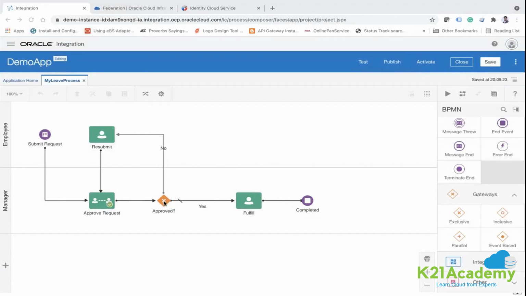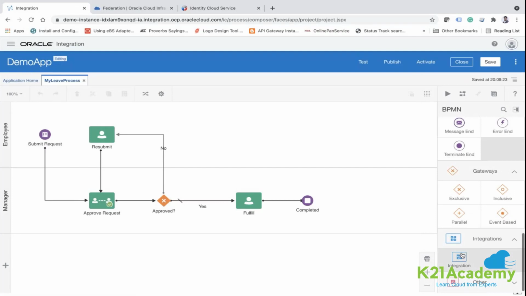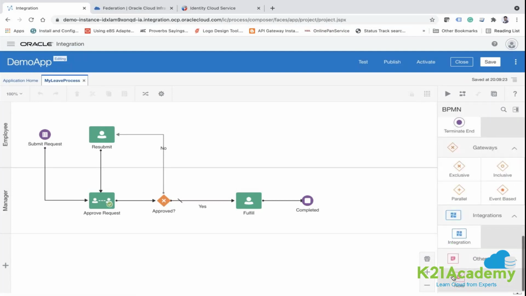Here you see we have this exclusive one. Exclusive gateways are nothing, these are the decision maker where your workflow will move, means the token. So one token will come to it, and the token will go there or there. So we have the parallel as well. This parallel will execute multiple actions at a time, and then the token will wait till all actions are completed, right? Something like this. So integration to call any integration and other stuff.